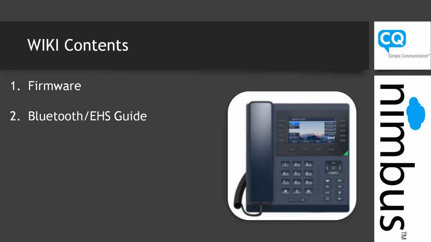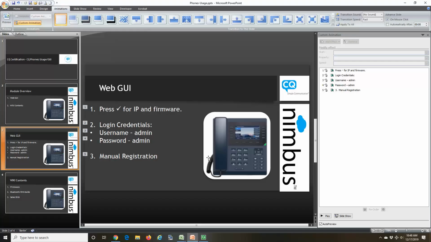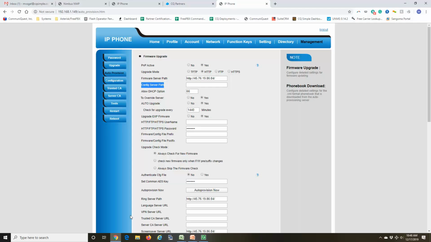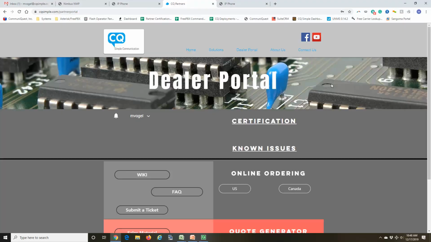The EHS is just for a wireless headset, right? That's for the 450 and the 650. The Bluetooth is just the 650. You're going to find some sales slicks. So let's hop into that. If we take a look at CQ Partners, we're in our dealer portal here. I'm already logged in. If you click on wiki,